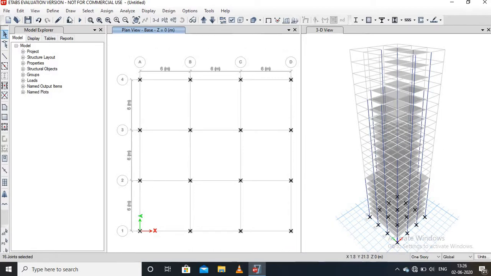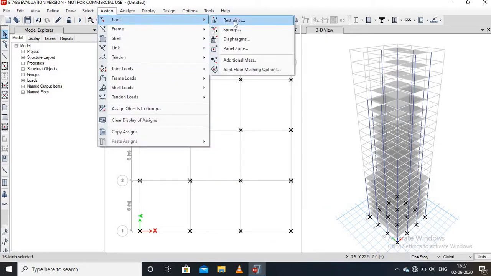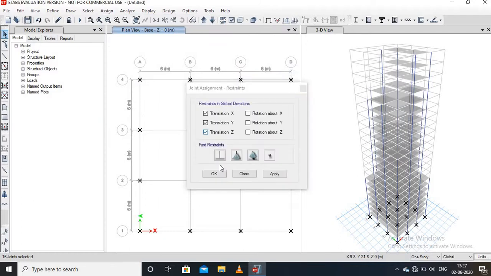Then go to the Assign menu, then the joint option, then restraint, then select it, then apply, then press OK.